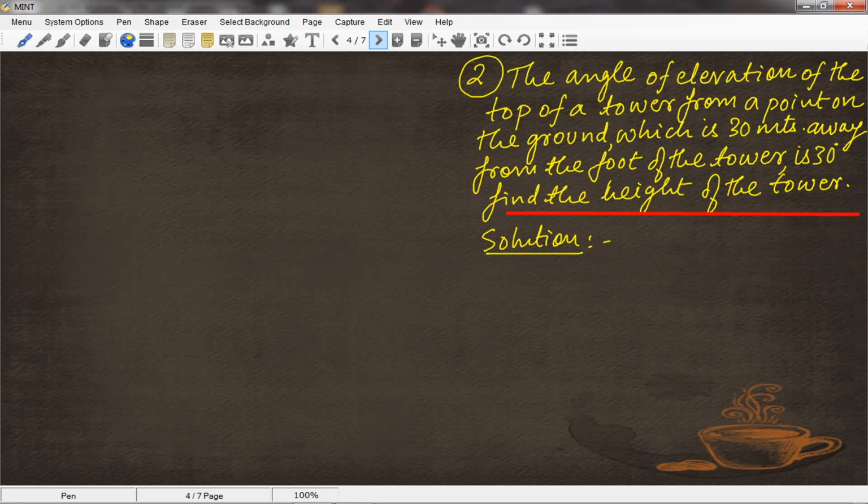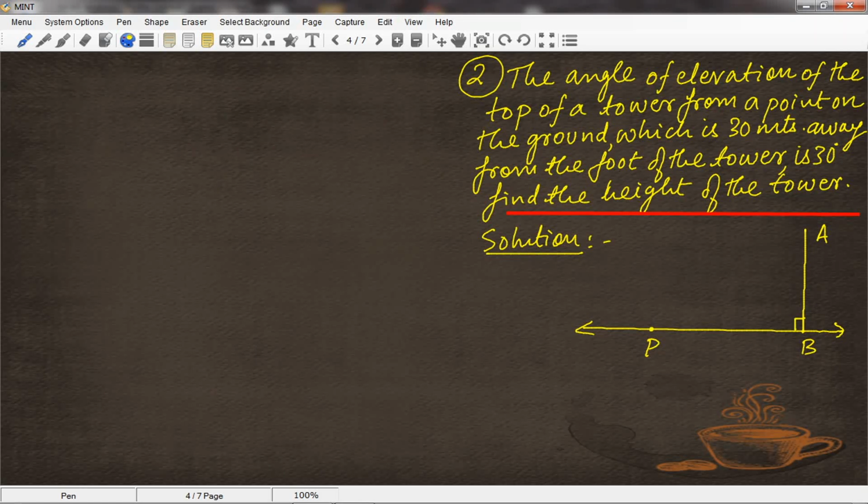Just a point will be sufficient to show the point of observation since the height is not being mentioned. So this is again the base, the ground, and again a tower is there. Let's say this is the tower named AB, upright, perpendicular to the ground, and there is a point, say P. P is the point of observation. From here the observation has been done.